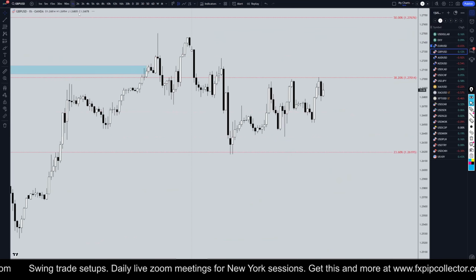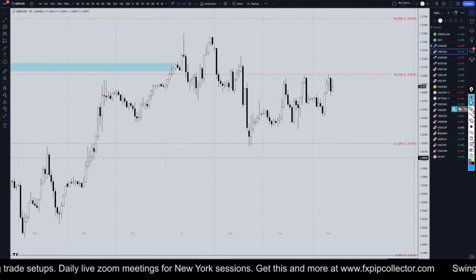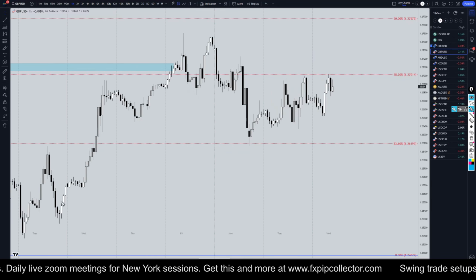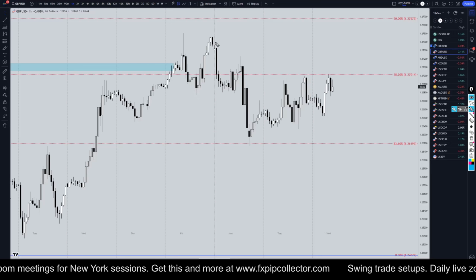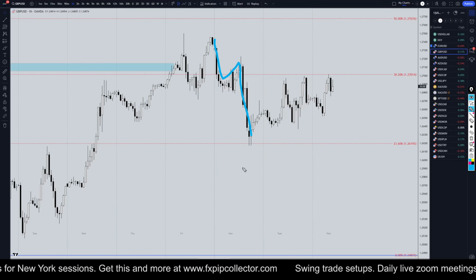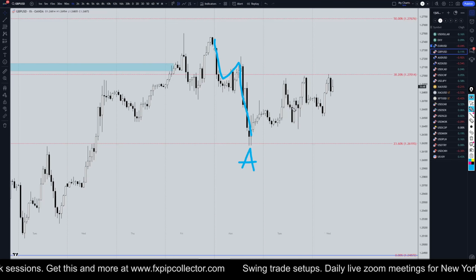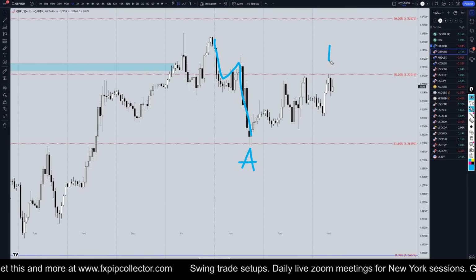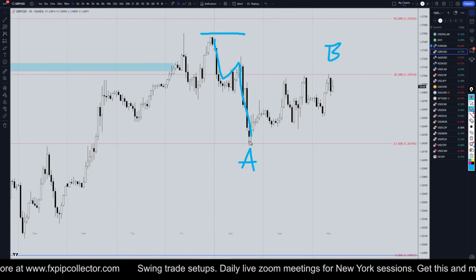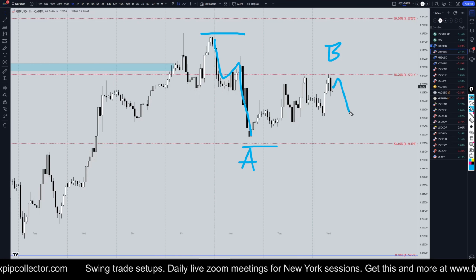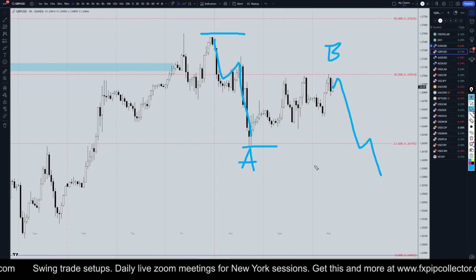Taking it all the way down to the 1 hour time frame, like I said, I think that we're more than likely in a correction to this last move up on the 4 hour time frame. I think that this move down right here is a wave A. I think this very overlapping, very corrective pattern right here is a wave B, which is a correction to the wave A. And eventually, I think we're going to go down and probably take out the low of wave A